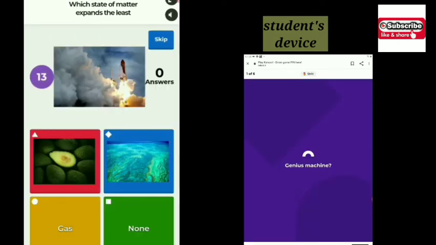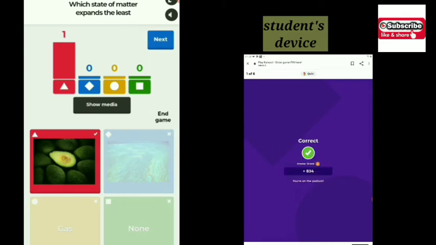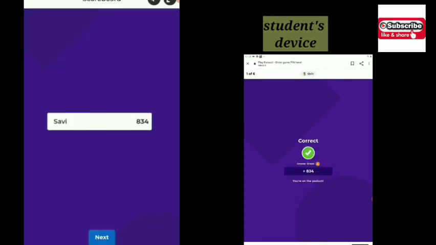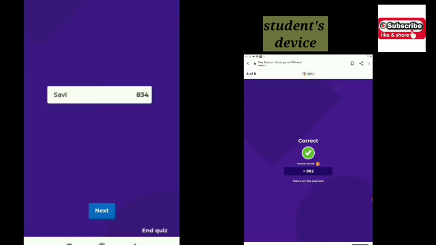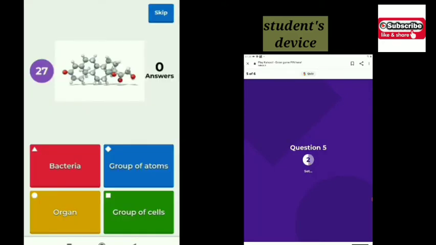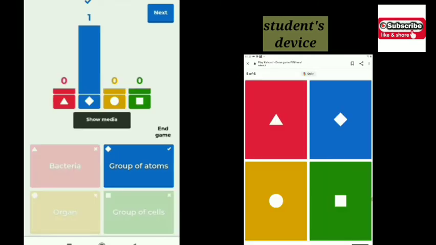But one thing is very important which you should keep in mind: you have to keep sharing the screen all the time, because the children will read the question and get the options from your screen. On their devices, they will only get the buttons which you have put. They will only see the colors, and they have to read the options from your screen. So you have to keep on sharing the screen.